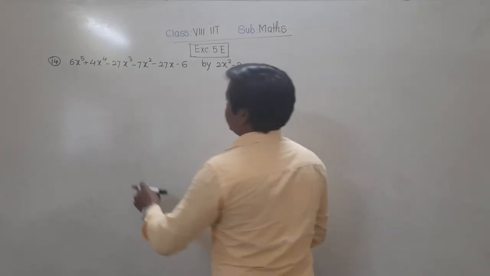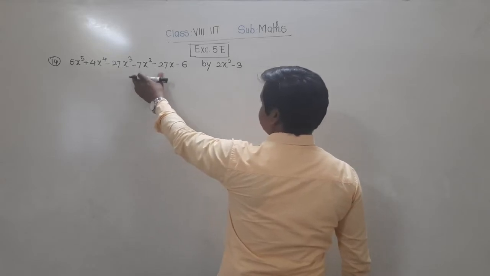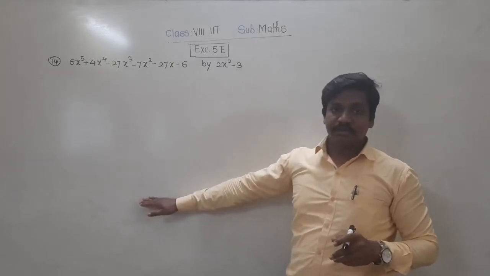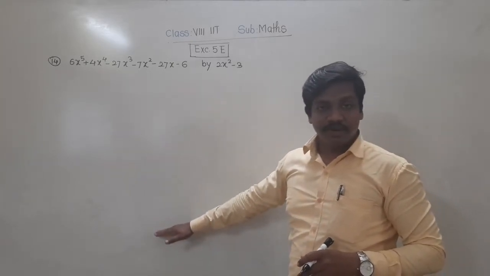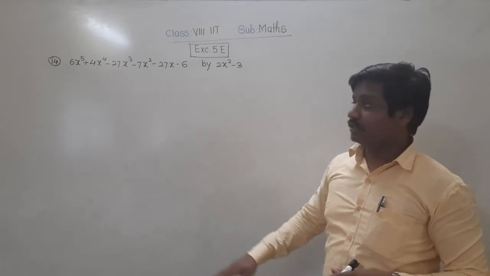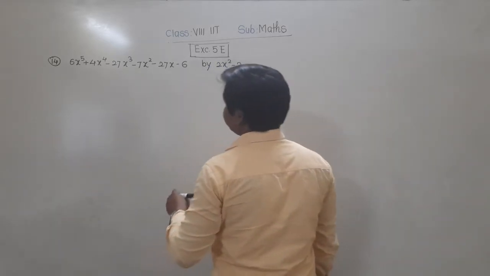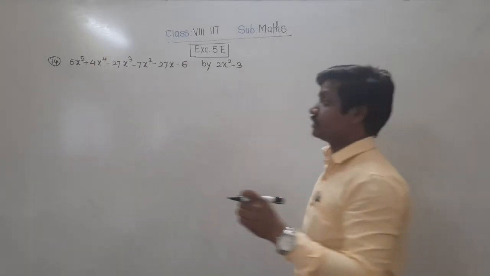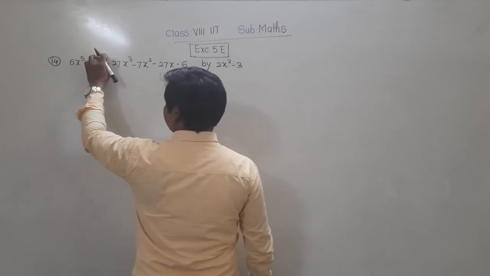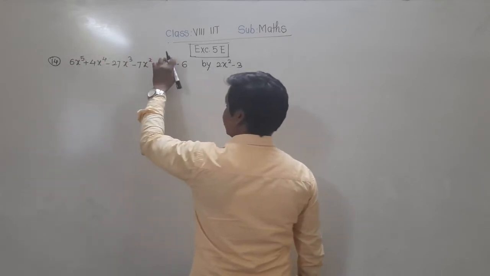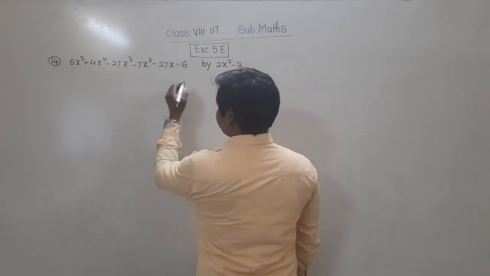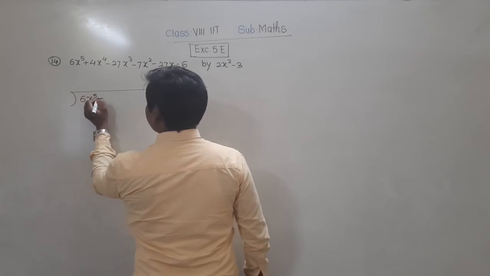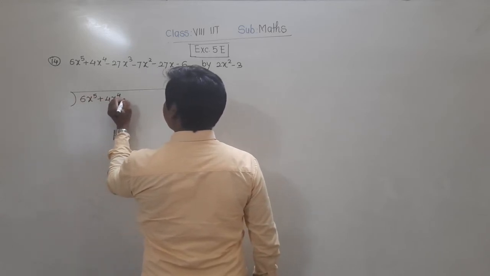Now see, this number we have to make it divisible by this number. It is not divisible, right? So first we need to find the remainder, means we have to divide and find the remainder. And then what to do with that remainder, I will tell you. Now before dividing, check whether the exponents are in descending order. See here, 6x raised to 5, 4x raised to 4, x cube, x square, x and constant. Okay, so this is okay. Our dividend is right according to the descending order.